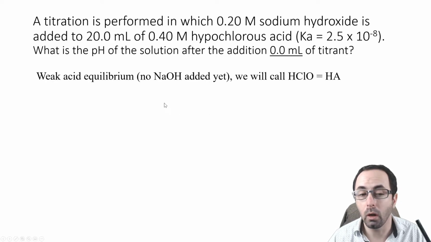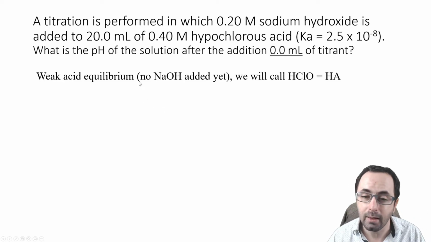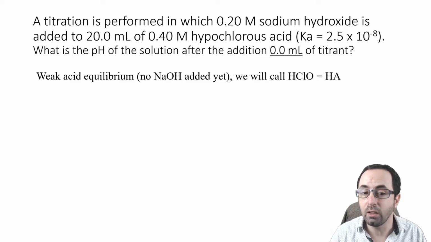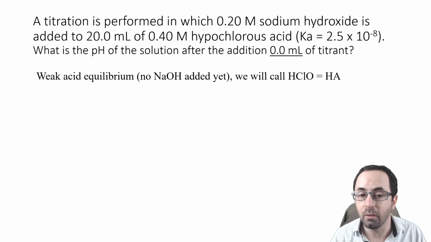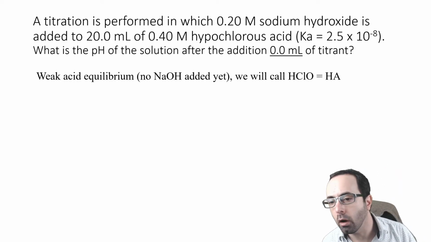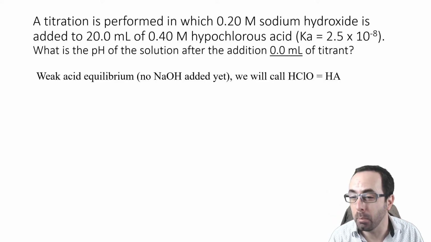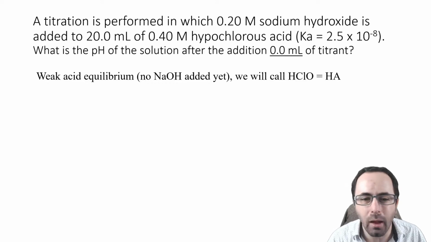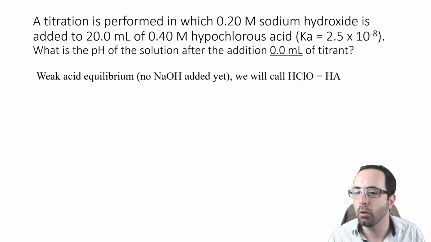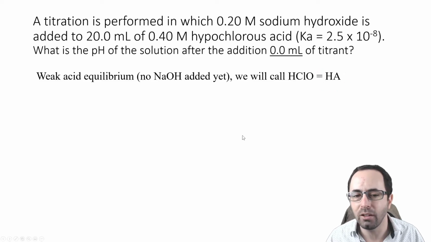So we're going to have a weak acid equilibrium problem because no sodium hydroxide has been added yet. So we don't need that first step where we do the complete neutralization of any added strong base because we have not added any strong base yet. Also, it's very common to call your weak acid HA, and to call your weak bases B. Just makes writing out the equations simpler. I'm going to regularly call my weak acids HA so that we can just write the general form HA here